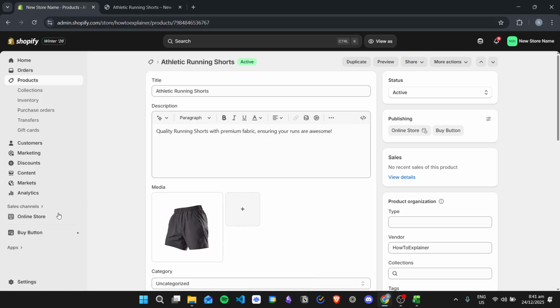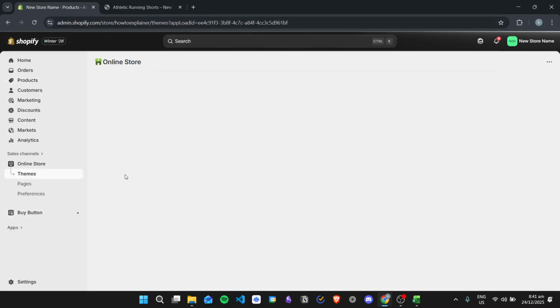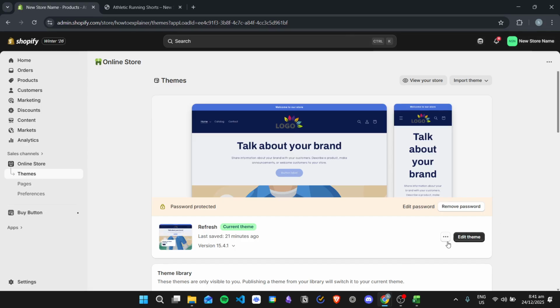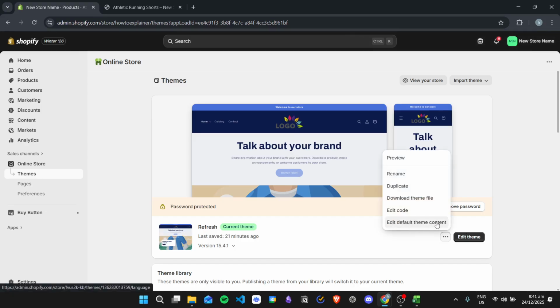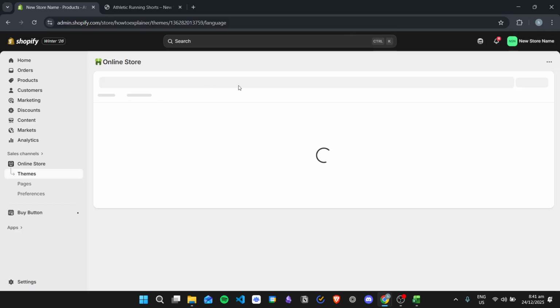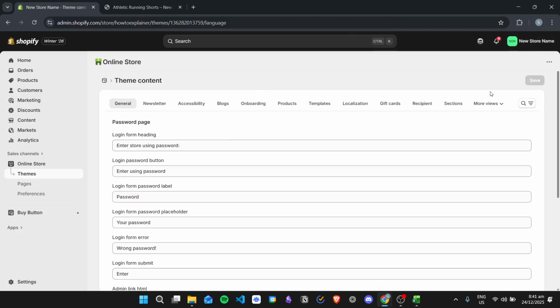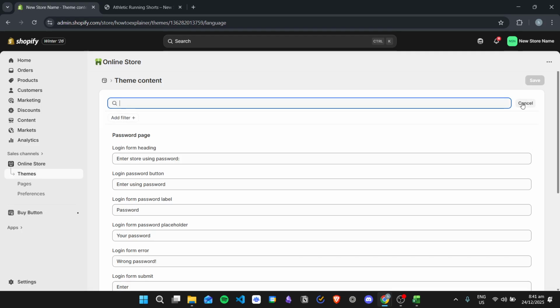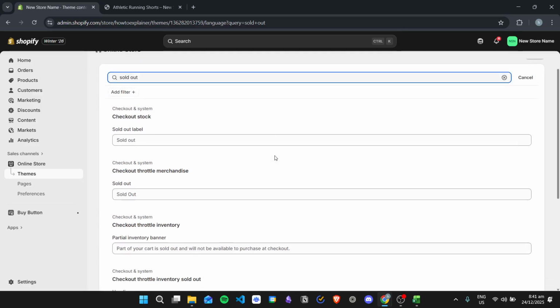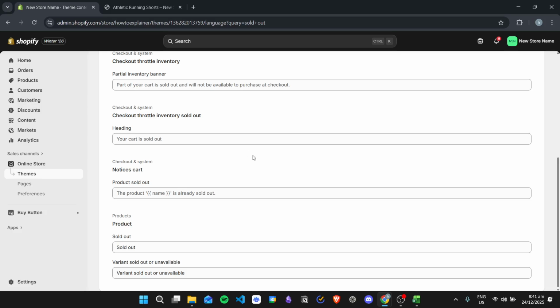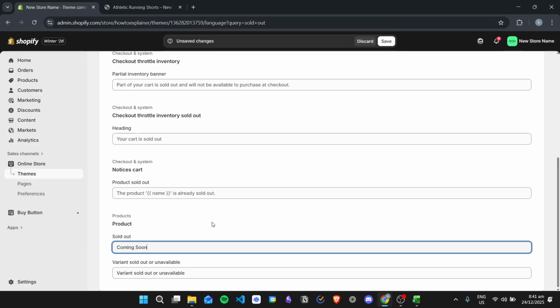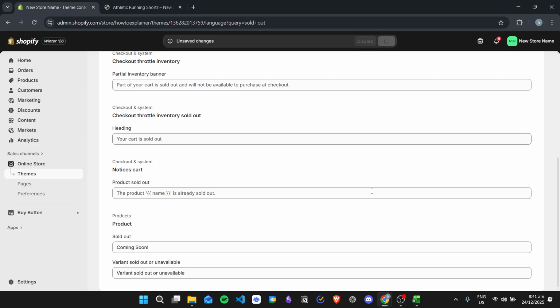And then go to the online store right here in themes. And then from here, just click the 3 dots and edit the default theme content. And then from the search bar, just type in sold out. You can change the text for the sold out button. So from here, go to products, and then instead of saying sold out, you can either say coming soon, click save,